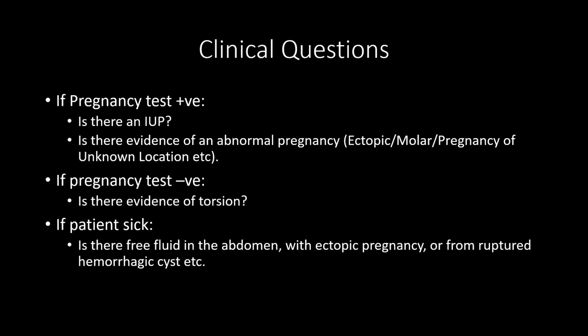If you have a patient with a negative pregnancy test, one of your clinical questions would be to look for obvious evidence of torsion. Now, ultrasound in general is limited when you look for torsion anyways. The sensitivity of the test is somewhere around 70 to 80%, especially once you factor in intermittent torsion as a disease process. But if you have a patient for whom you're concerned they have torsion, doing a quick bedside study, and then if you see something, getting your OB-GYN colleagues involved earlier can be a very helpful process. It doesn't negate the need for input from the radiology team anyways,